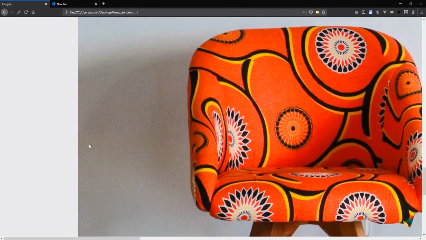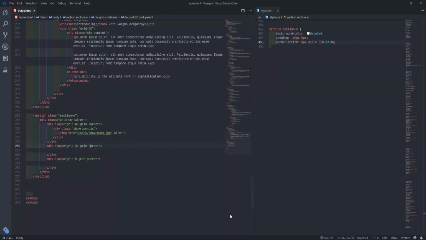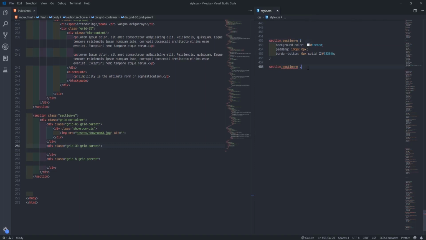So I say big in here. Picture too big. So more style now. Let's just style this picture first. I'll come here, I'll say inside my CSS now, inside this section E, look for the showroom.